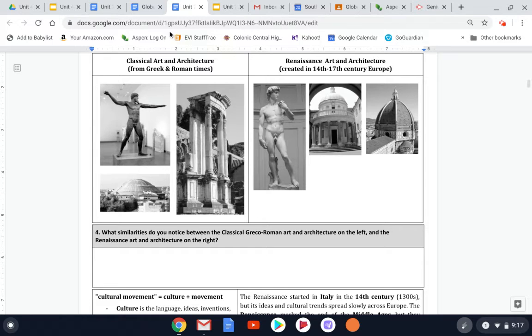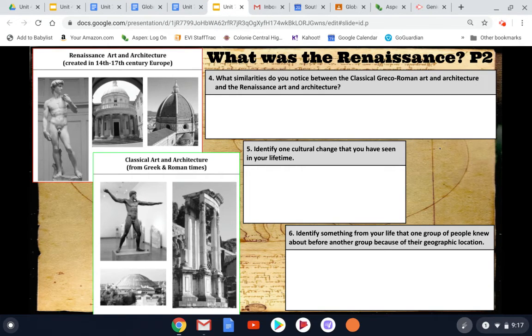So let's go over to our slide to fill this in. And if you want to take a little closer look and zoom in, I would pause the video here and maybe enlarge or take a little bit of a closer look at what you see in these two pictures.